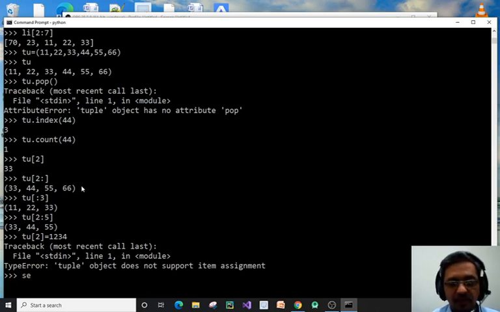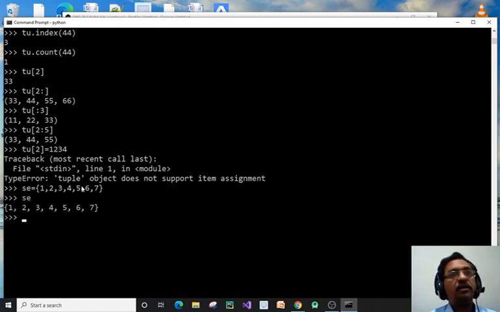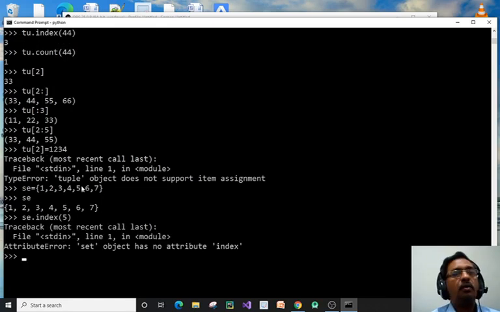I am using se for set, and then we mention this in brackets. se 1 2 3 4 5 6 7, se dot index 5. This is not possible. Okay, but let me check this. This is possible.